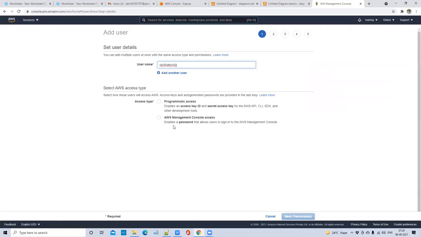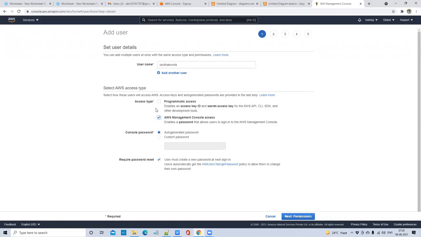And for access type, whether you want to log in from your UI, check this box. And there is another access called programmatic access, where you'll get two types of keys, access key ID and secret access key. I will tell you the purpose of this. I'm also checking this. I need programmatic access as well as login from my UI.